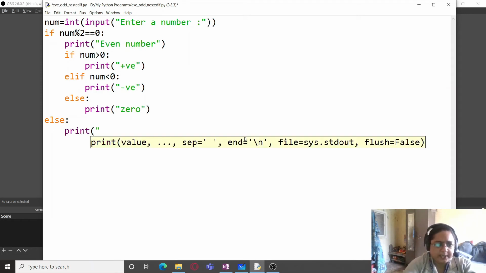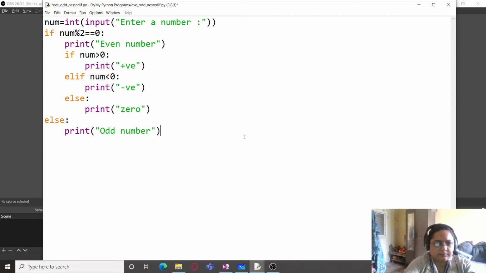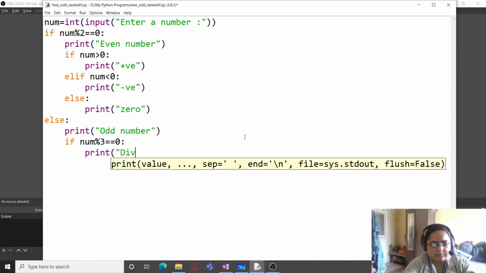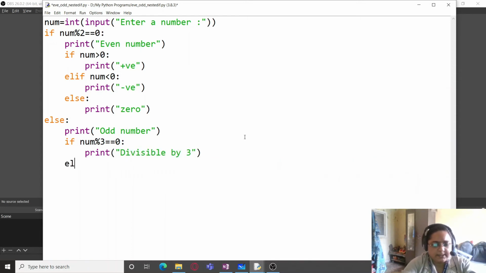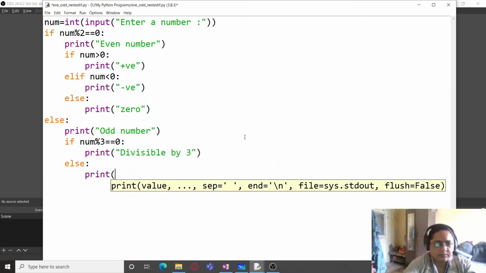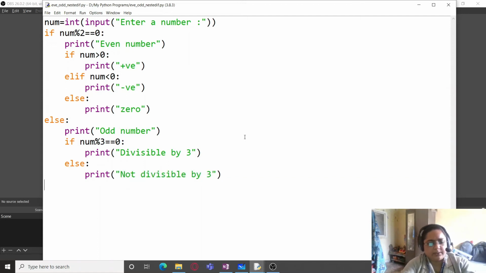So first I will print odd number, then I have to check whether the number is divisible by 3 or not. Else, not divisible by 3.